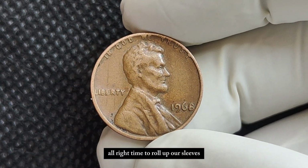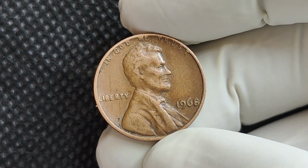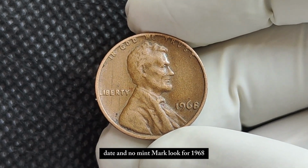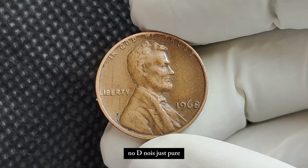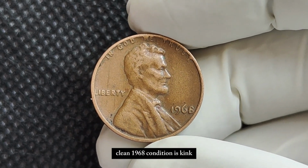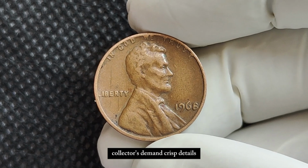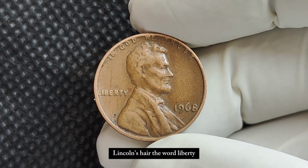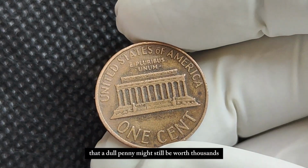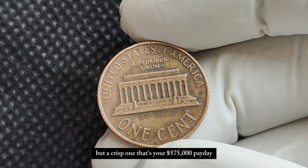All right, time to roll up our sleeves. How do you spot one of these golden tickets? Date and no mint mark. Look for 1968. No D, no S, just pure, clean 1968. Condition is king. Collectors demand crisp details. Lincoln's hair, the word Liberty, and the edges must be sharp. A dull penny might still be worth thousands, but a crisp one,